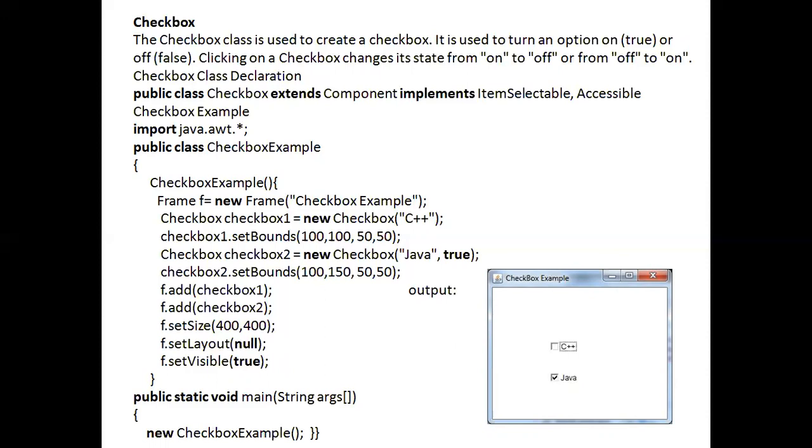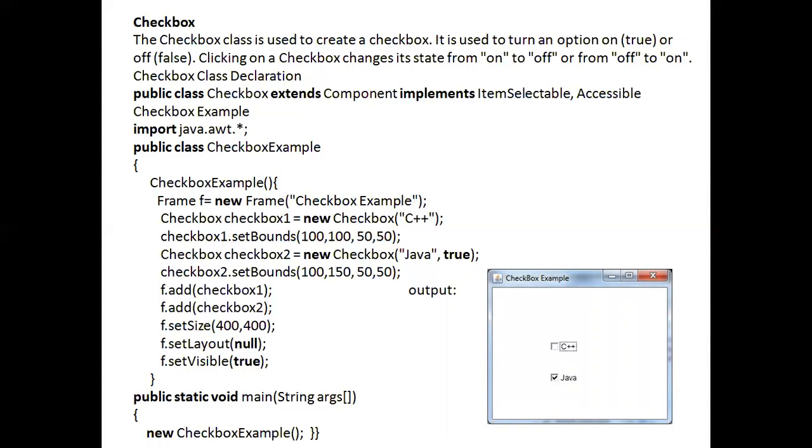Next, checkbox 2 is a new checkbox, Java, with true, which means we have to mark it with a tick mark, a right mark. The Java checkbox boundaries are 100, 150, 50 and 50.